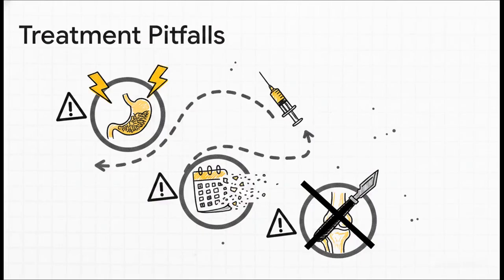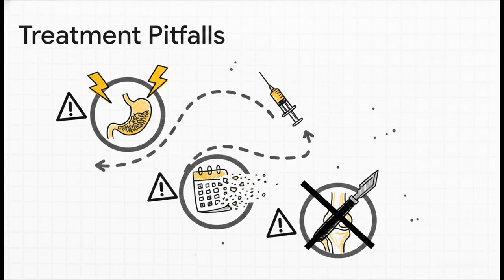For instance, watch out for overprescribing NSAIDs without weighing those GI and cardiovascular FDA black box warnings. Also, be honest with your patients. Corticosteroid injections usually only buy them about 3 months of relief. And, crucially, stop referring patients for arthroscopic partial meniscectomies for simple degenerative meniscus tears. The guidelines are clear. Unless the patient has true mechanical locking symptoms, that surgery offers little to no benefit over